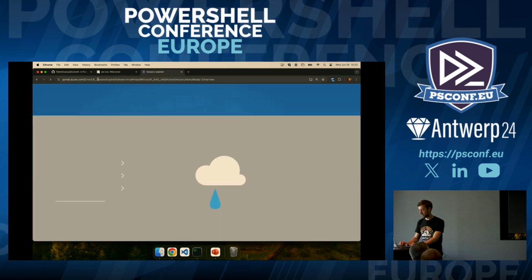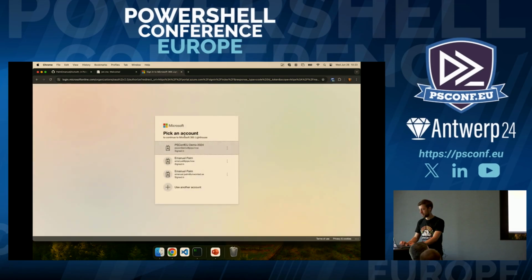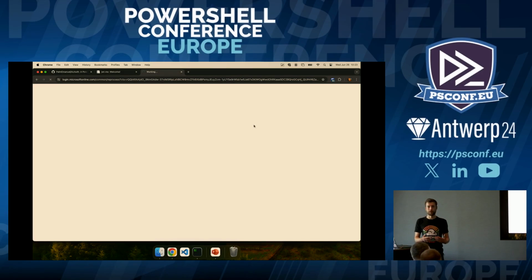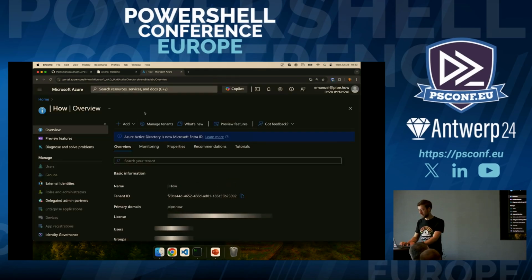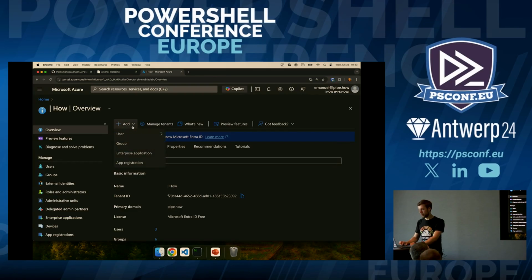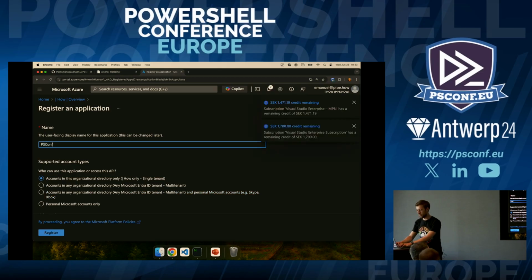Here, let's see if it loads up. So if we head into the Azure portal, you can also go to entra.microsoft.com, which is the new Entra portal, if you've used that. I know some people that work with the Entra side like that. We can add an app registration from here or from the sidebar. And doing so is basically a way for us to take all the information in the manifest and start assembling it and sending it to Entra. So we can call it PSConf demo,